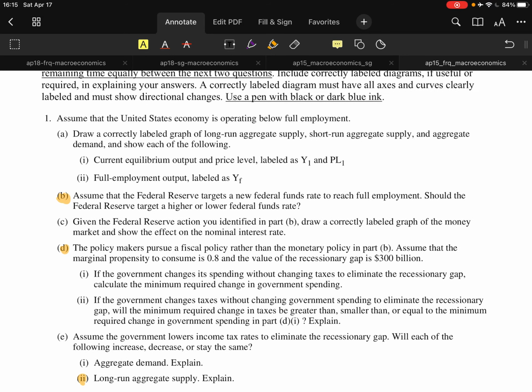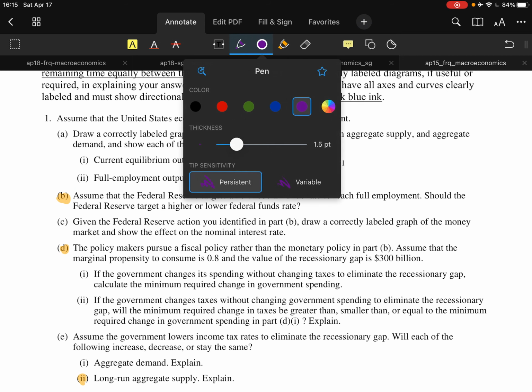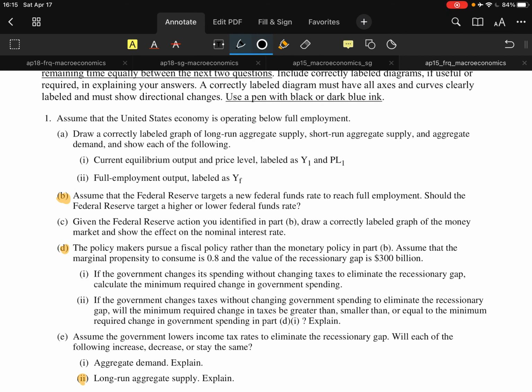So this is 1B. I just want to review a few things quickly. The first is B, federal funds rate. Again, this is the rate at which banks lend money to each other. If we would like banks to do more lending to each other and to people in general to stimulate or facilitate economic activity, we typically would want a lower federal funds rate. And a lower federal funds rate would encourage more lending, more money supply, more spending, lower interest rates, all of which would help us, in theory, to reach full employment.